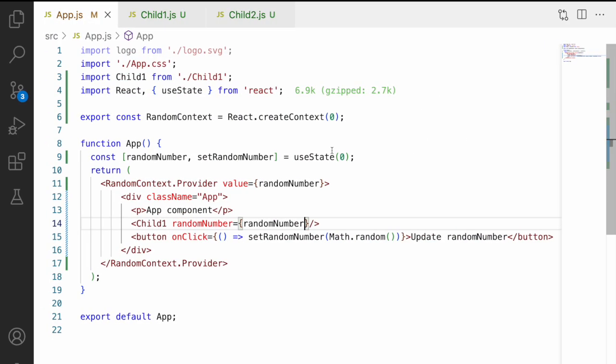And how memo works is, whenever there is an exact value change, only then it updates. For example, I'm not using Math.random. Instead, I'll use 0 by default. That means if I click this n number of times, my state will update with 0, and as I'm updating the same number again and again, the state will never get updated. So whenever that state doesn't change, then the props will not change. When the props are not changed, then your component is a pure component, so it will not render again.